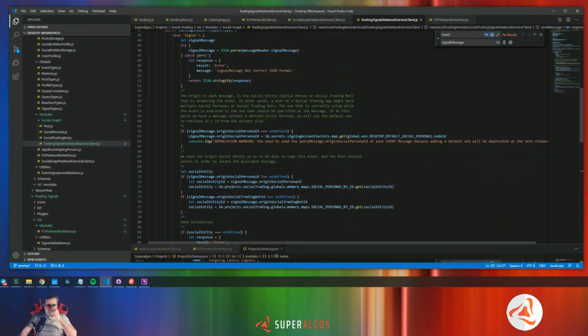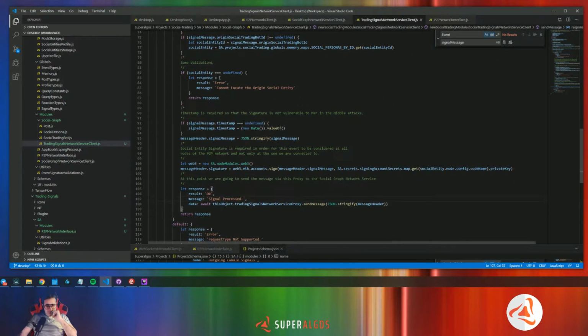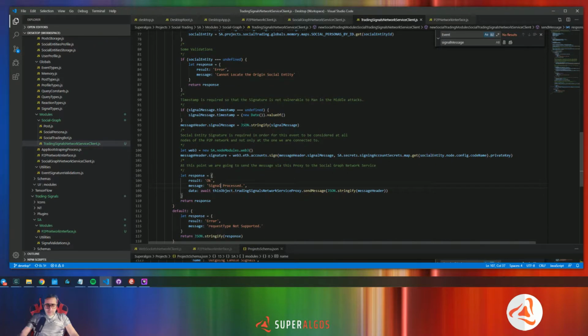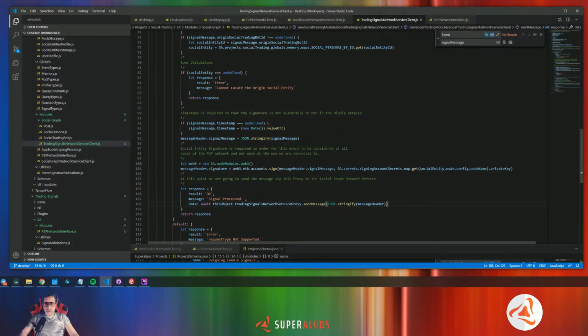I don't know how far this will take me, but to keep things in a standard way, I need to do it in a similar way, even if I have to redo some stuff. So this is how the message is sent through this service. Okay. And the final point that I need to change